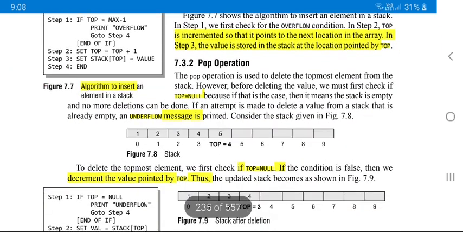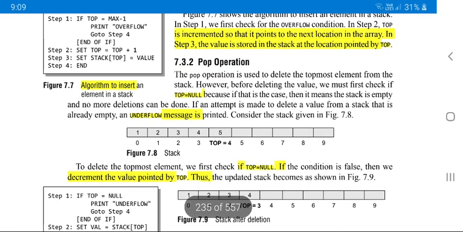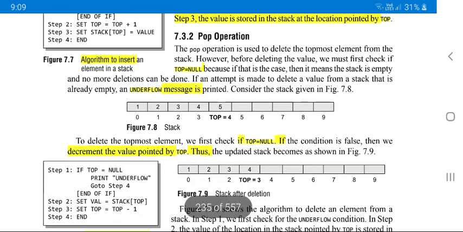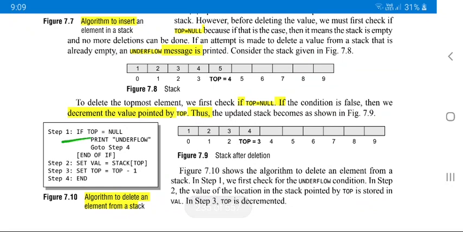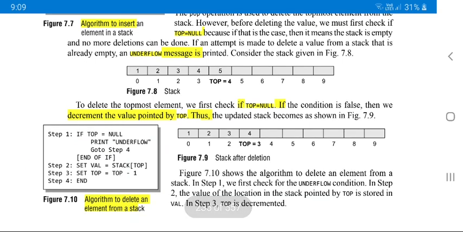And the next one, pop operation. What is pop? Deleting an element from the stack. If you want to delete, there should be some element. So check for underflow. How to check underflow? Top is equal to null means there is no element. So see the algorithm. If top is equal to null, underflow, go to step 4. If the condition is false, then step 2: first keep the value.